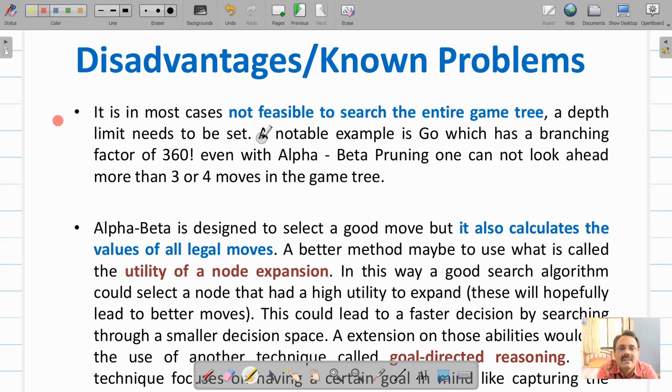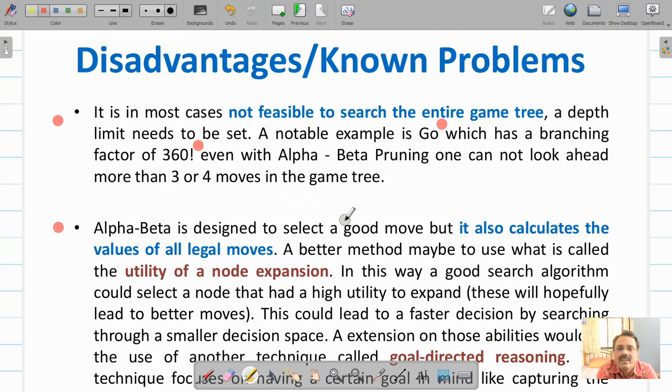Also it is not feasible to search the entire game tree in most cases. Some depth limit has to be set because there are some problems like the game Go, where the branching factor is very high, that is 360 factorial. In that particular case, this alpha beta pruning cannot even look ahead more than 3 to 4 plies or moves.